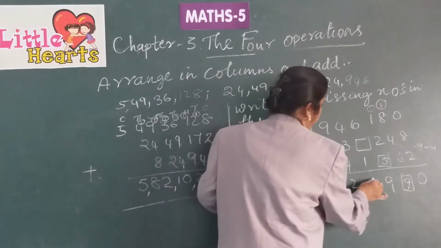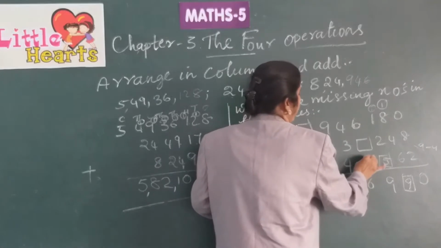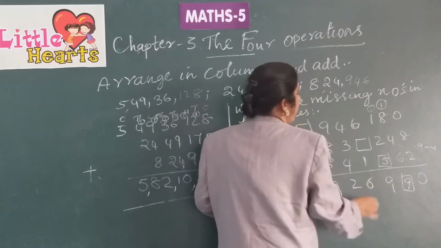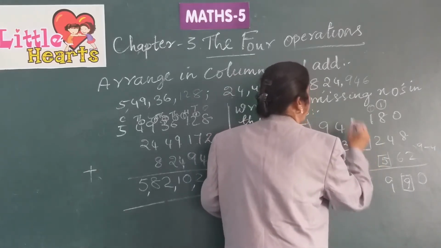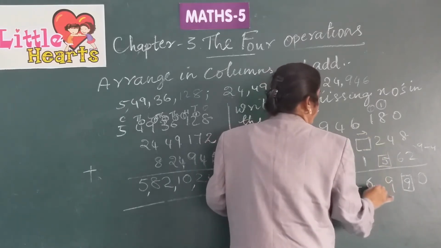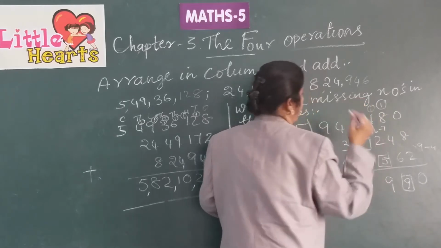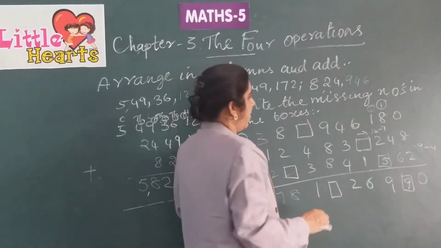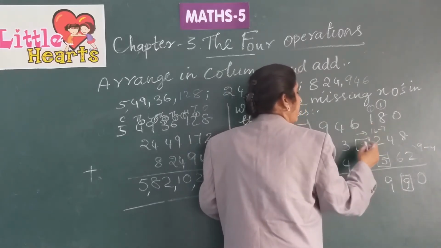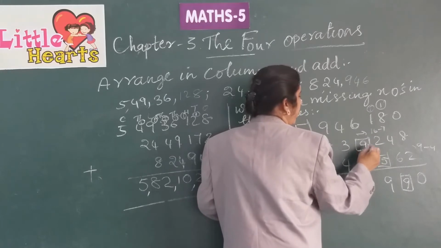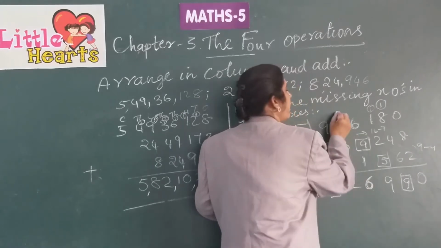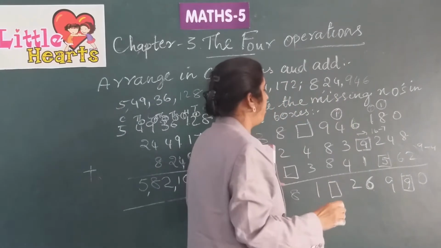Next here. 6 plus 1, 7. And the answer is 6 here. So to get the number here, we should consider the sum as 16 here. For this, 16 minus these two sum. 7 is 9. 9 plus 1, 10, plus 6, 16. So 6 here, this carry 1 to this place now.